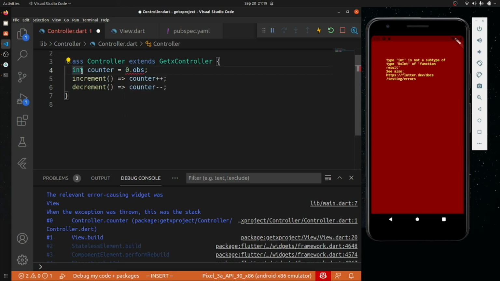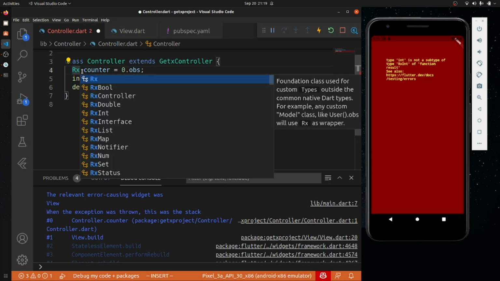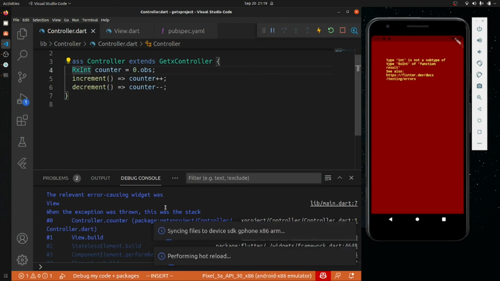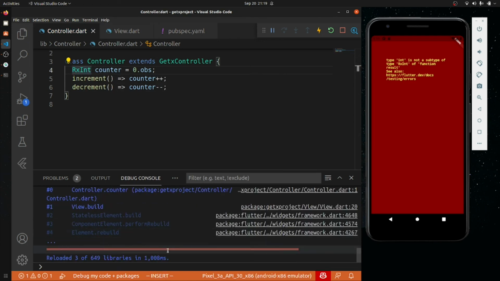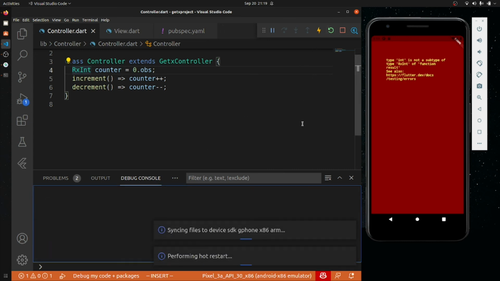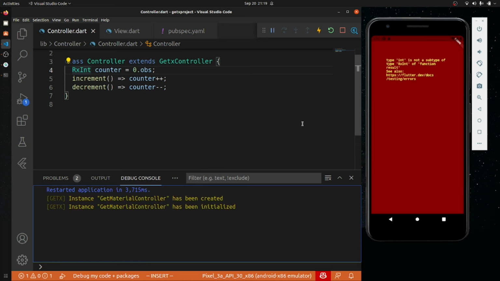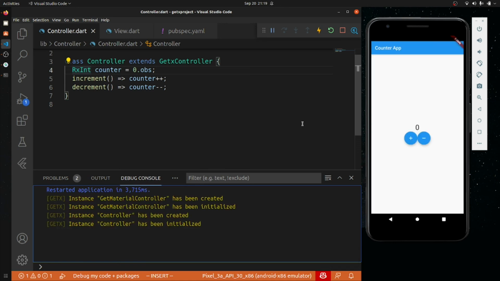Yeah, it is RxInt. Okay, it is now reloaded, so let me reload it. So we got our function like this, and if I click on this, is it increasing? We are getting some issue. One sec,